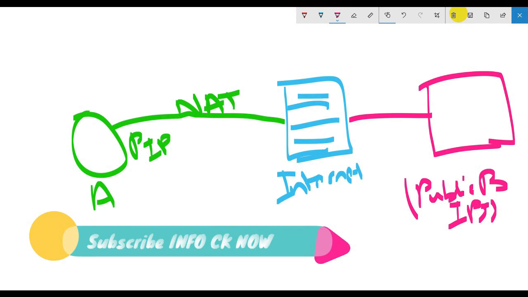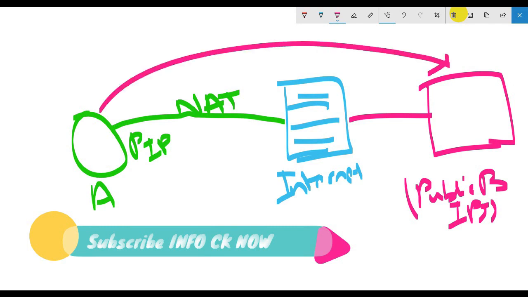Remember, user B is running behind a public IP address, whereas user A is running behind a NAT connection. So user B can simply create a bind shell, tie up command.exe or maybe bin/bash to a specific port, and send the port number details to user A. In this scenario, user A can directly connect to user B's machine and get the shell directly. This is a simple scenario for the bind shell.